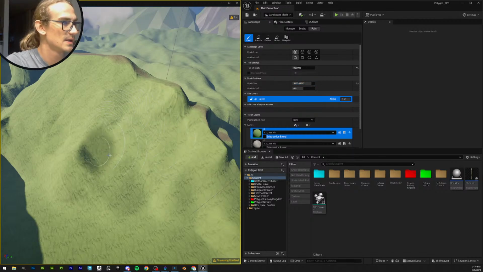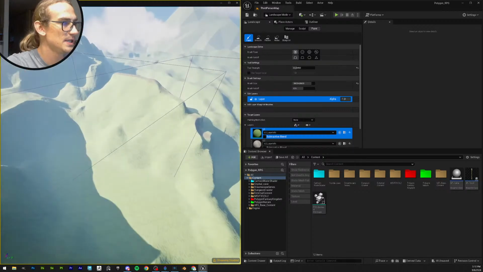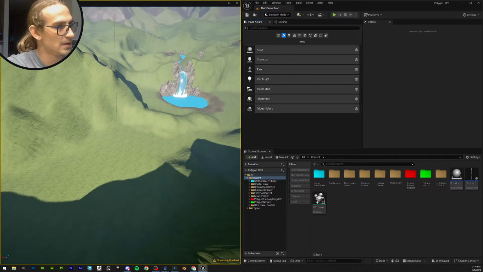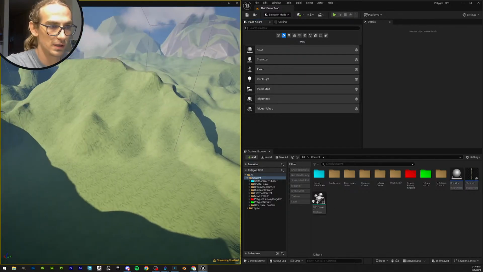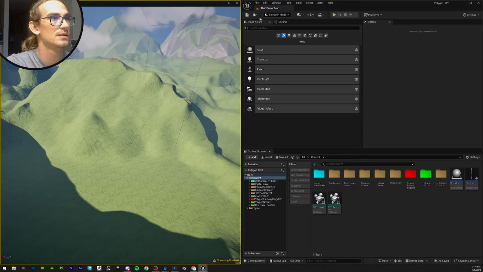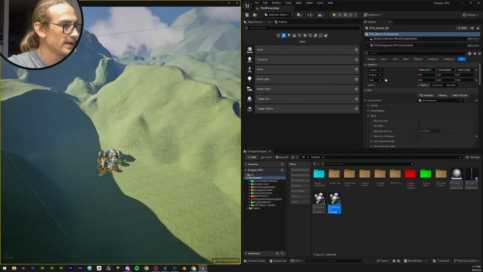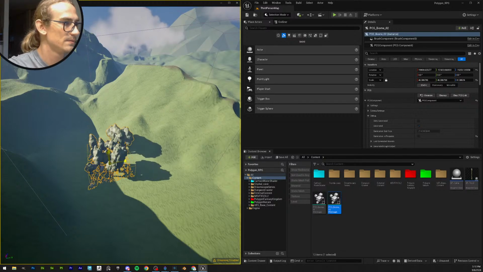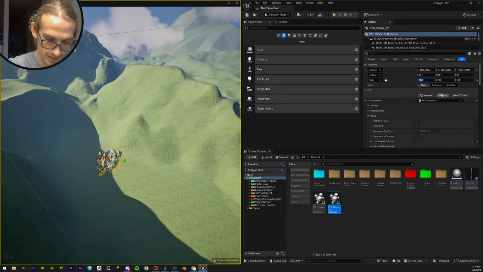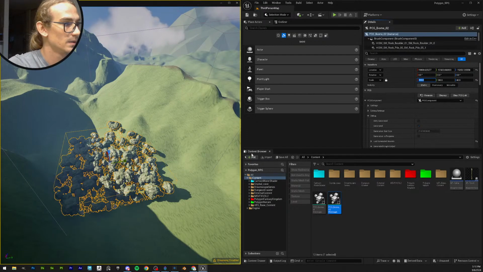Let's just paint this. Okay, now I want to start with the PCG environment and I want to make a swampy area. Okay, to start with that, I'm going to duplicate my PCG biome. Right. Let's just save these changes, and I will drop my PCG biome right here. All right, procedural biome. Awesome. I would like this to be super big, so let's make it like, I don't know, 800. Okay, maybe